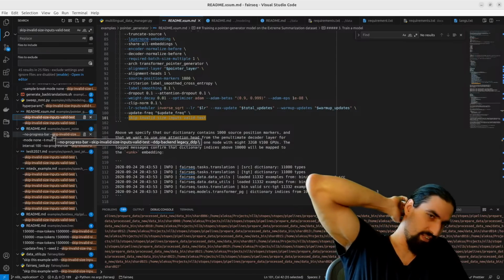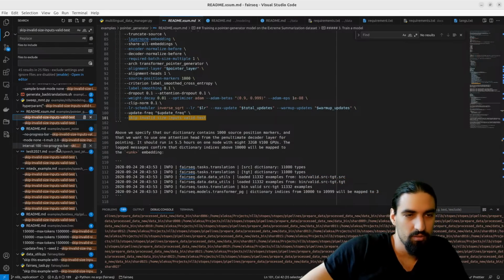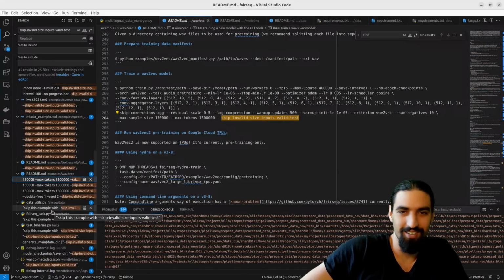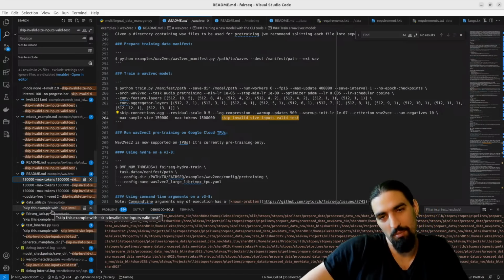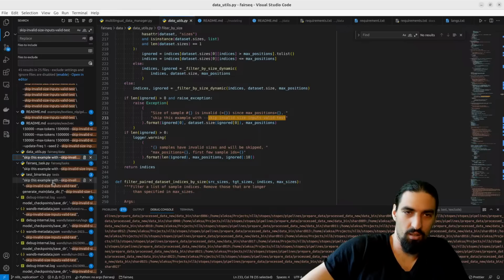Skip invalid size inputs valid test. That's a very verbose name for something that doesn't really tell you what it does. Some skipping of invalid size inputs in the validation test. What exactly is that?